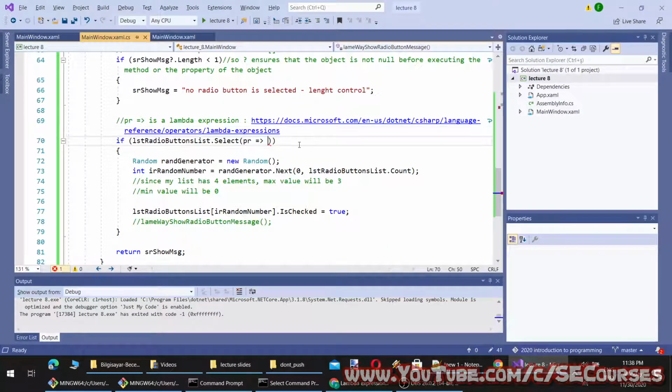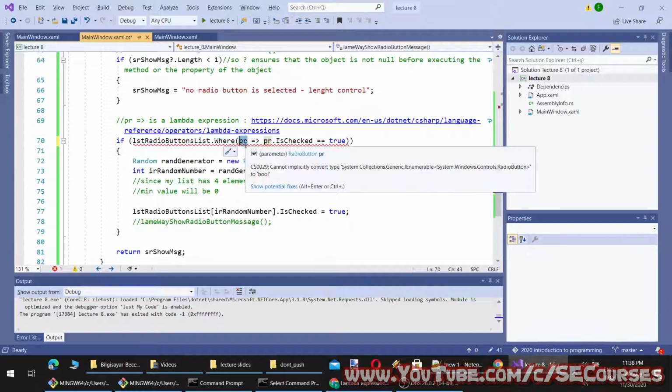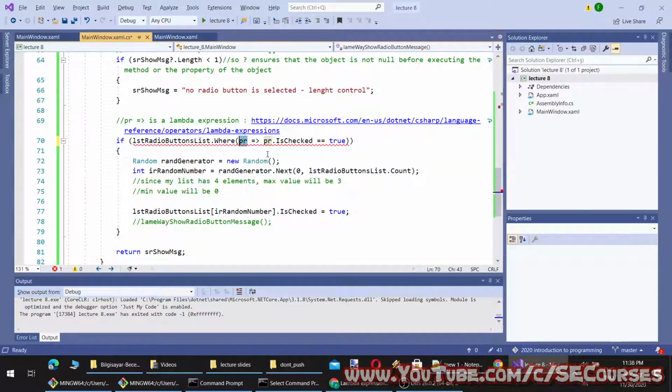So here what I'm going to do is I will select checkboxes where I'm using where PR is checked equal to true. So this means that by PR you can give any name to it. It is parameter. So in this case it is radio button.